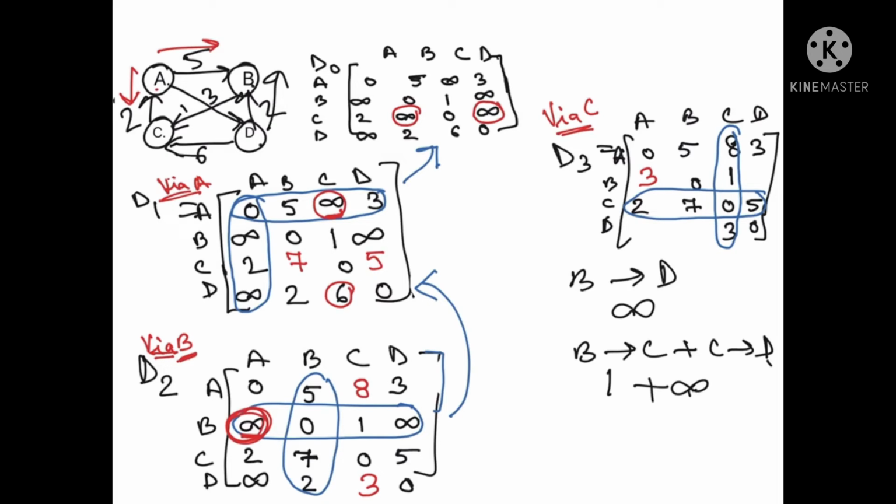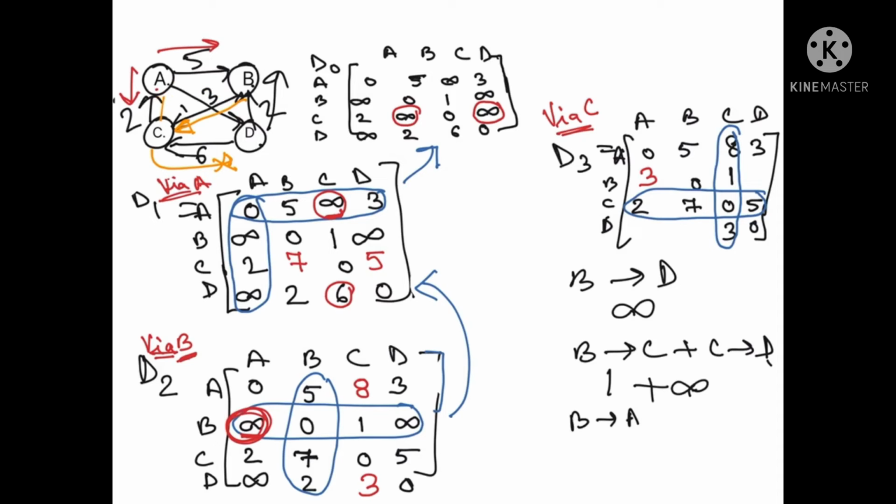Now there is another path which I can follow, and that is you can also go via A. Like B to D, you can also go not from C but via A also. That is the very important concept which I am telling you. See, B to C is 1, fine. But do you want to go C to D like this? No, you can also go like this, via C to A and through A to D.